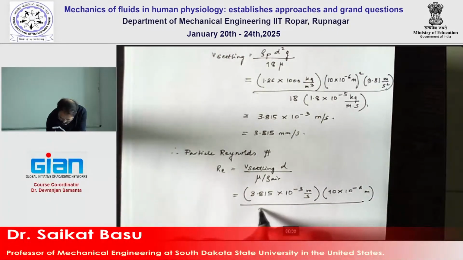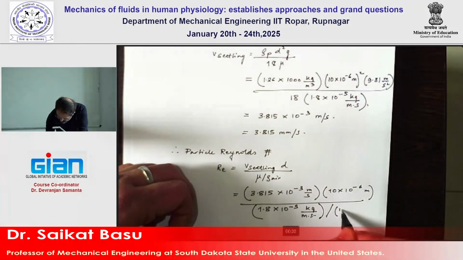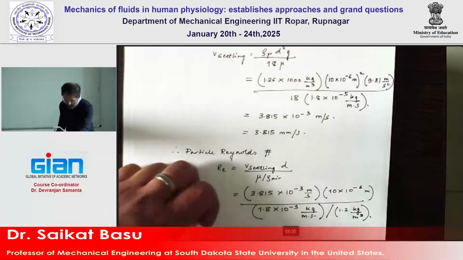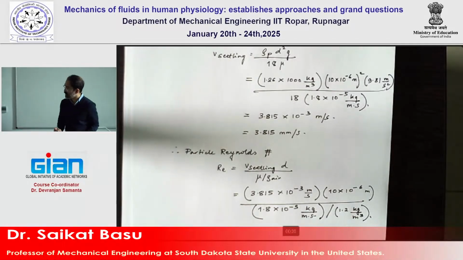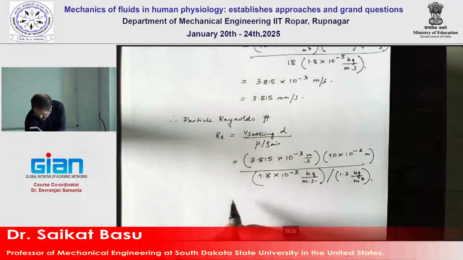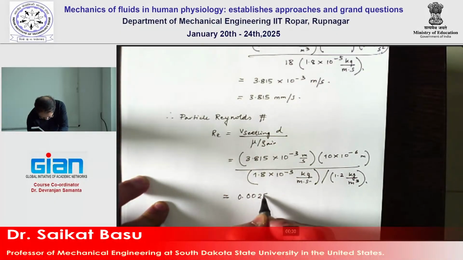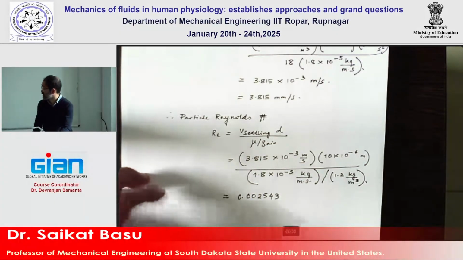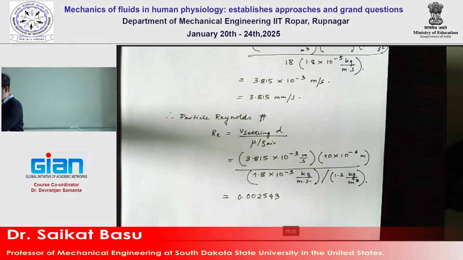Mu is 1.8 times 10 to the power of minus 5 kg per meter second, divided by the density of air, which is 1.2 kg per cubic meter. Again, you should double check the dimensions, but I'm pretty sure they are fine over here. So this number should come to 0.002543, if you double check the number. So folks who don't have a calculator,